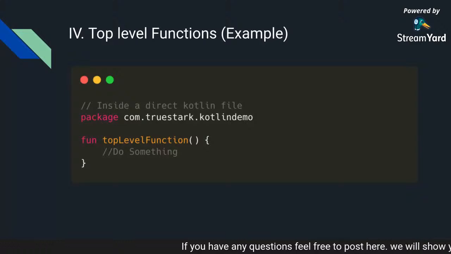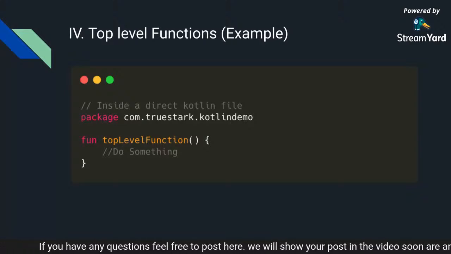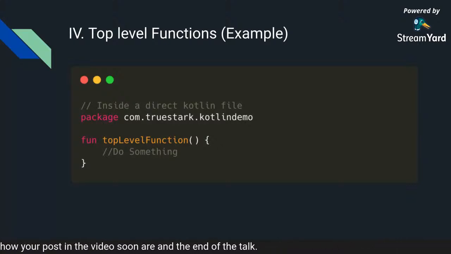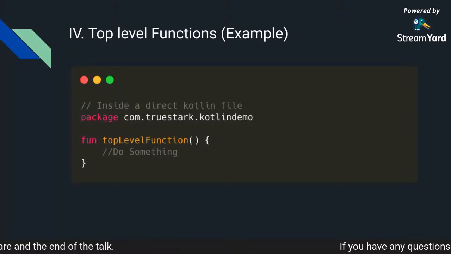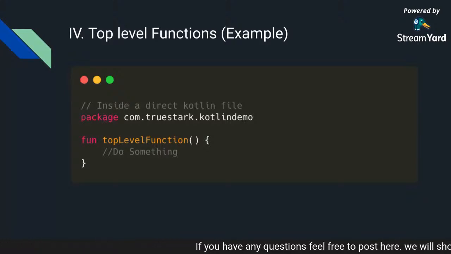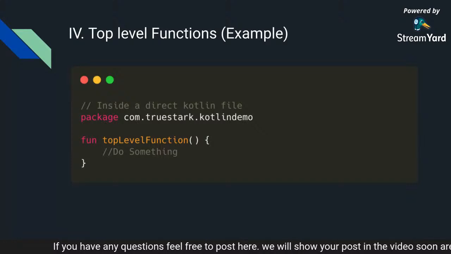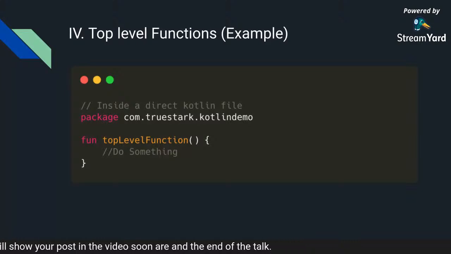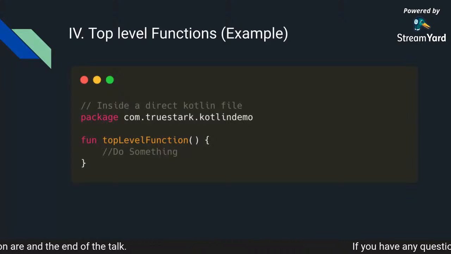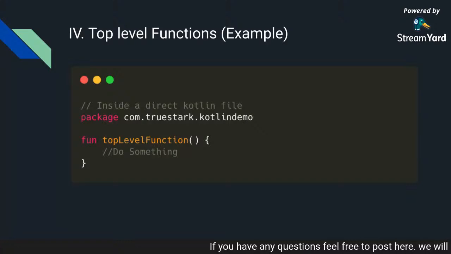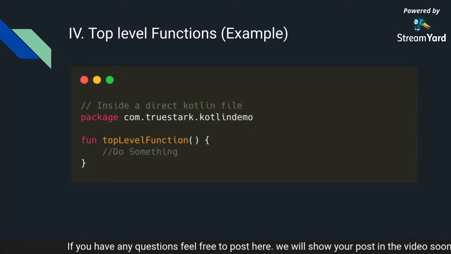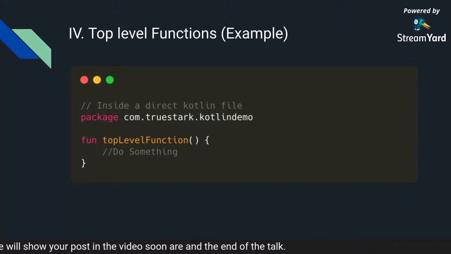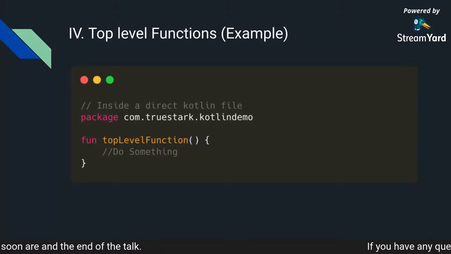Now, what are top level functions? I mentioned something called top level, right? So this is where Kotlin gets very interesting, because it offers something called top level functions. Usually, if you have to define a method somewhere in Java, you would have to write a class, then put that method inside it, and then call it wherever you are calling it. But in Kotlin top level functions, you have a file, a Kotlin file, and you are just writing a function inside it. No need for classes, no need for any of that stuff. You can directly write a function or a method directly in a Kotlin file.